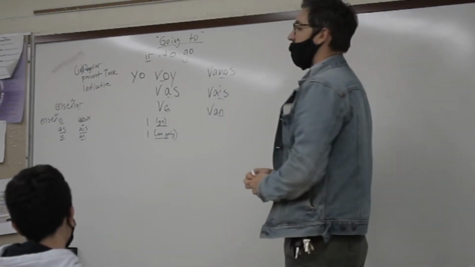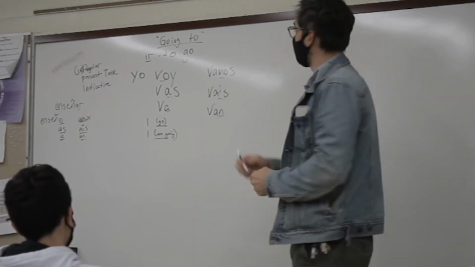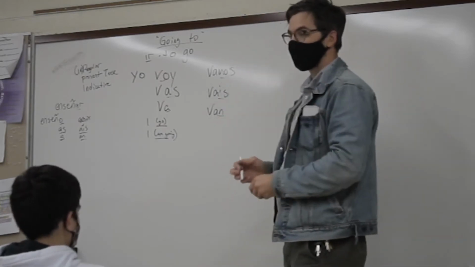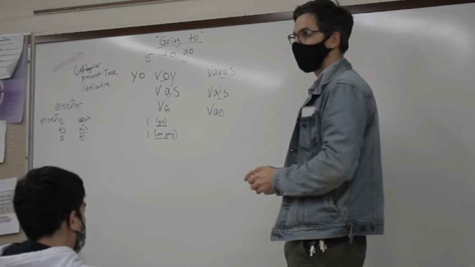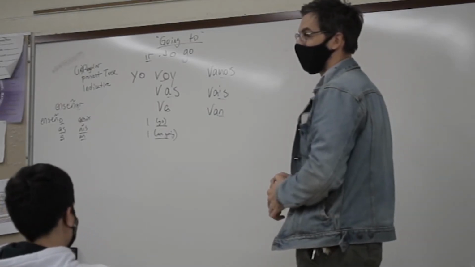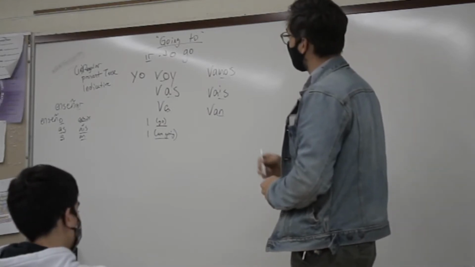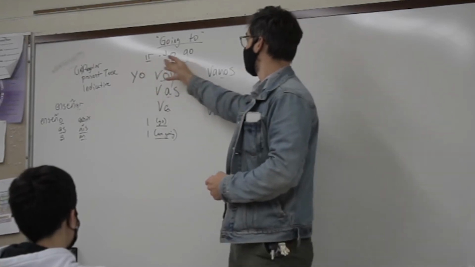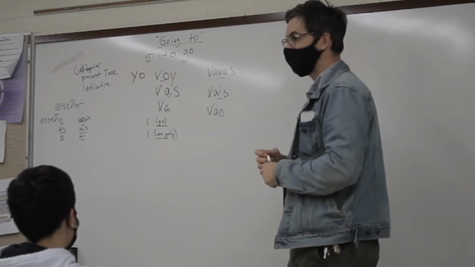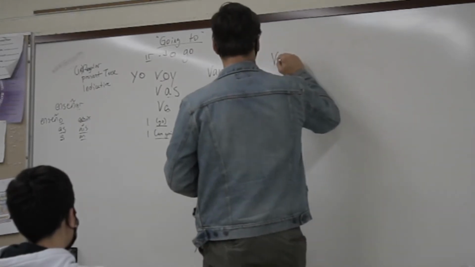So instead of saying I am going to the bathroom, we're going to put a verb at the end. How would I say I am going? ¿Cómo se dice I am going? Take the verb to go and choose the right conjugation. ¿Cómo se dice I am going? Voy, right, okay. Voy.